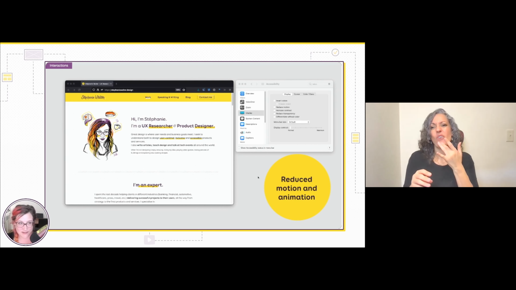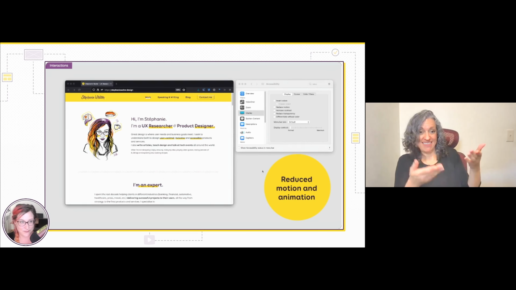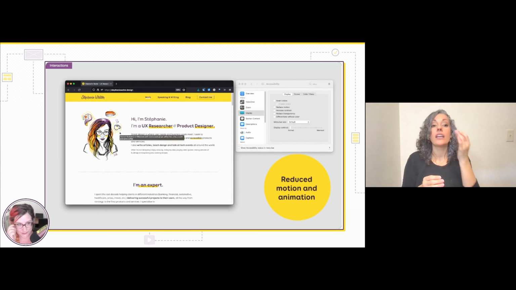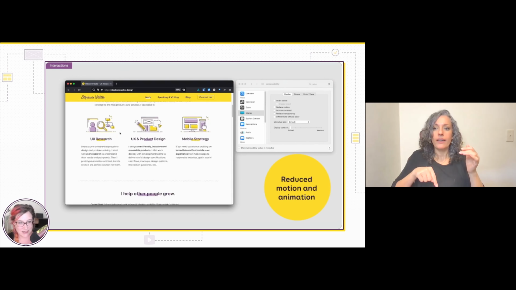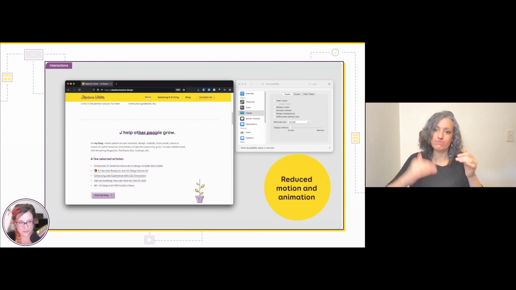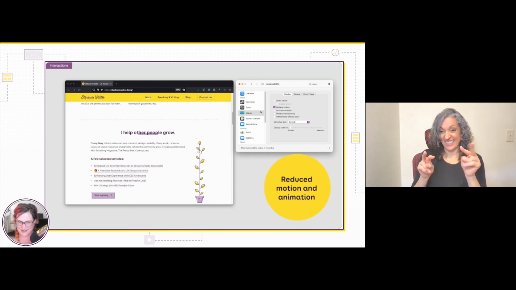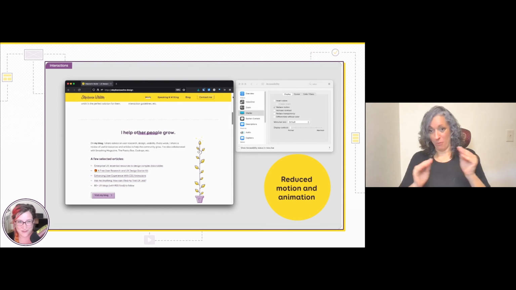So on my website, I have my face, and I have like 3 little things that float around my face, which is the default animation. And then when you scroll down, I'm scrolling down and I have plants growing up, which could be triggering for some people because you have 2 things moving at 2 different paths and paces.